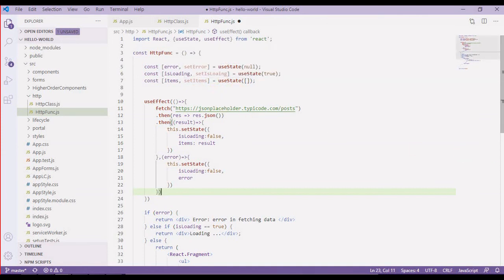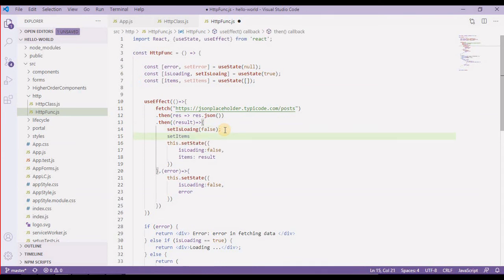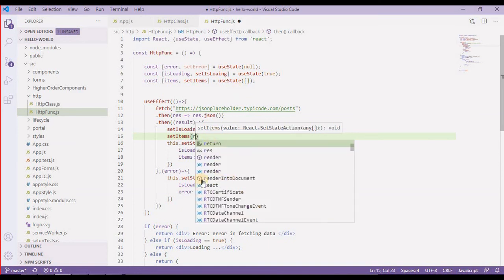So for that, first of all I'm going to set loading as false over here, setIsLoading, and the value I want to pass is false, and then I'm going to set the result, I mean items. So for that I'm taking this name over here, and then instead of this array I'm going to take the result.